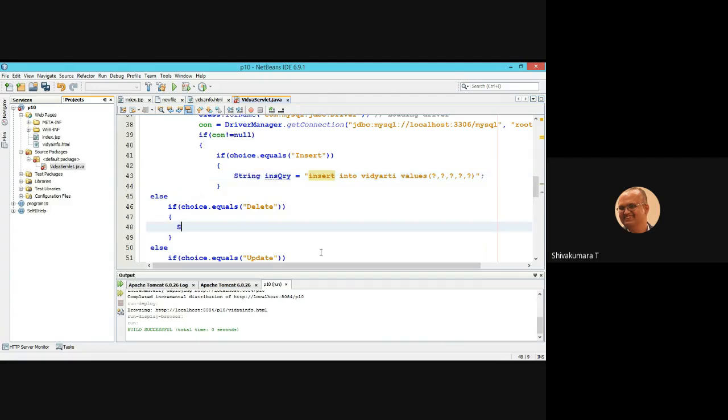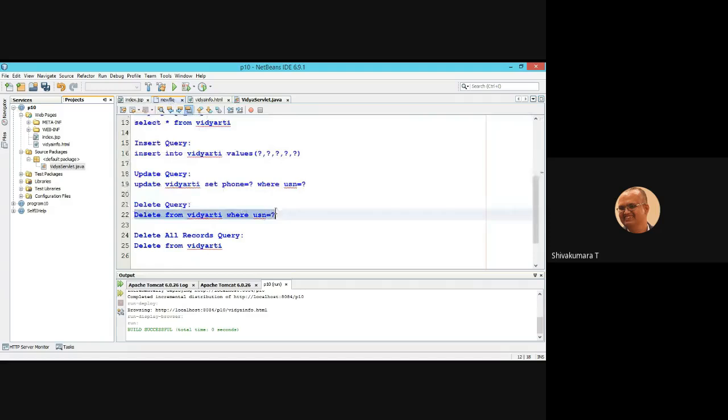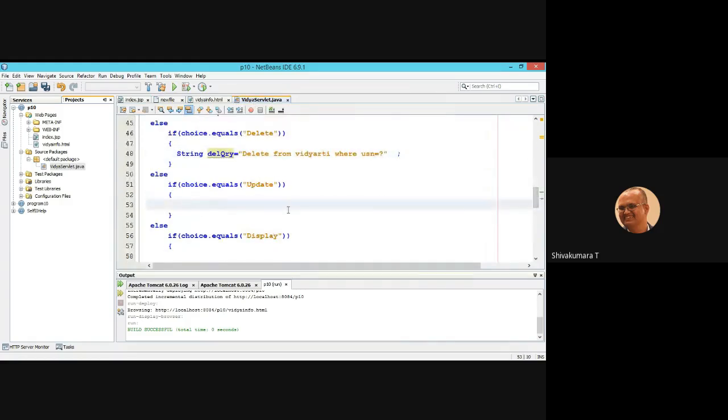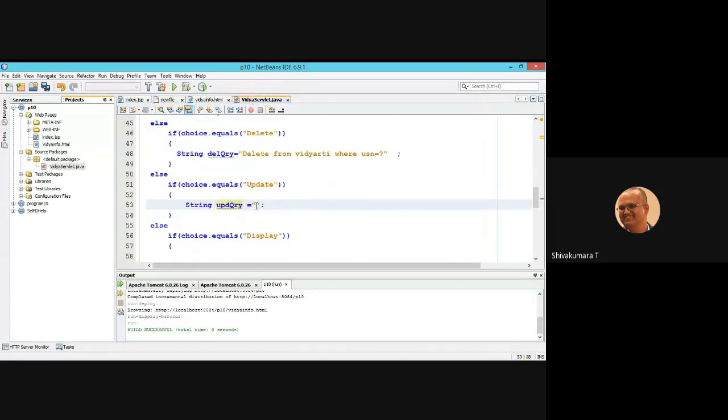Similarly, create the string delete query, the query to delete a particular row. Then create the update query as a string: update the table name based on the values which you are going to specify.